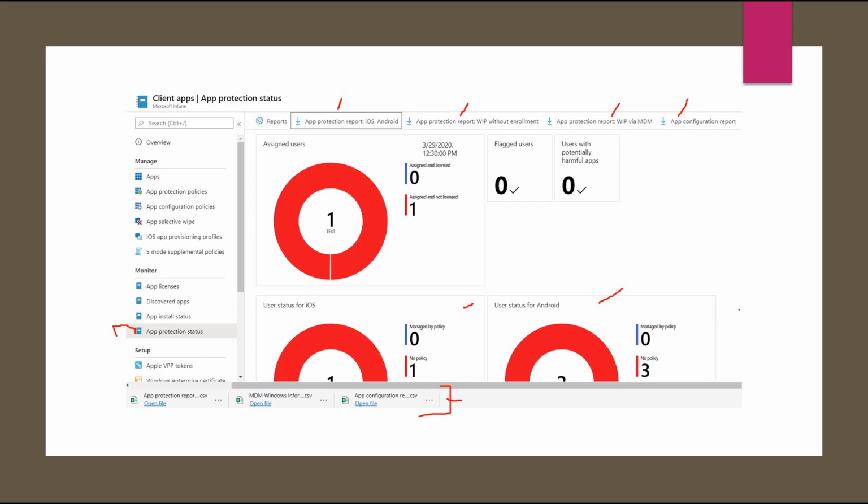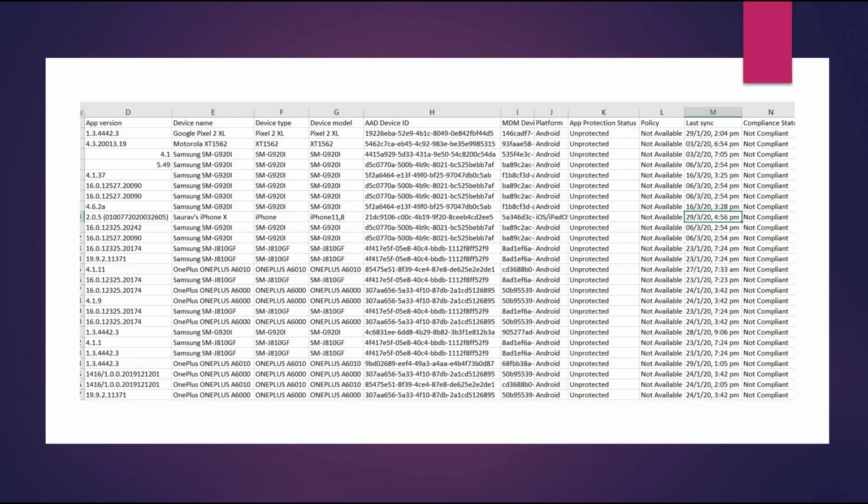All right. And if I open up one of those reports, an app protection report, it gives us very verbose information. So we'll do this in the demo, but I just want to give you guys a heads up on what is coming. So over here, I can see the application version. I have removed some of the columns as well. It will tell you the application name, the device type, the device model, the device ID, the Azure AD device